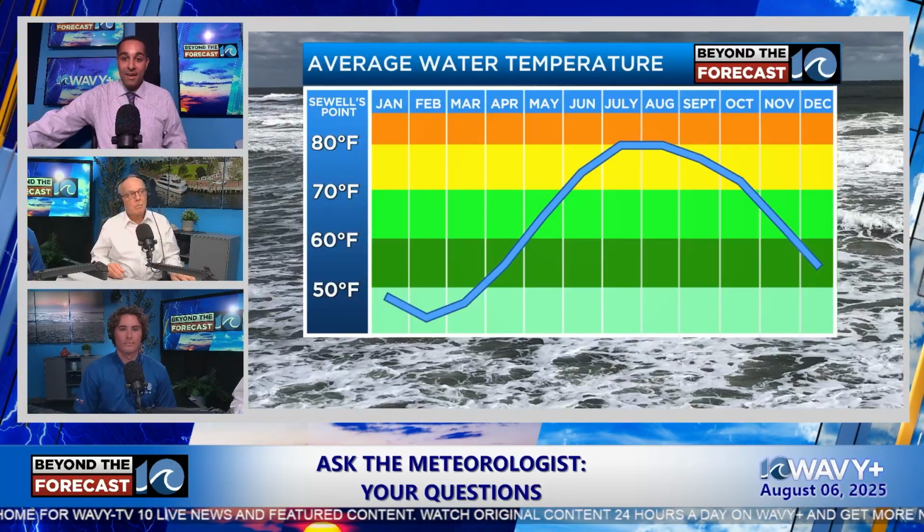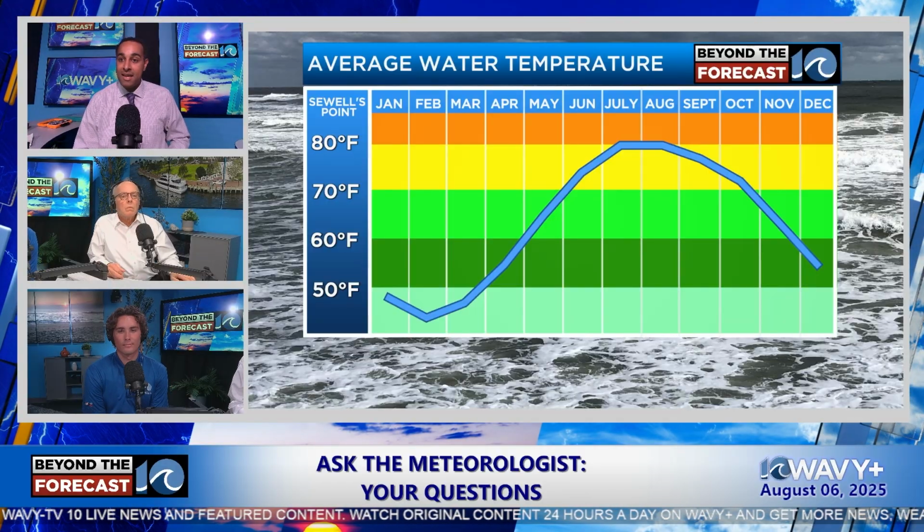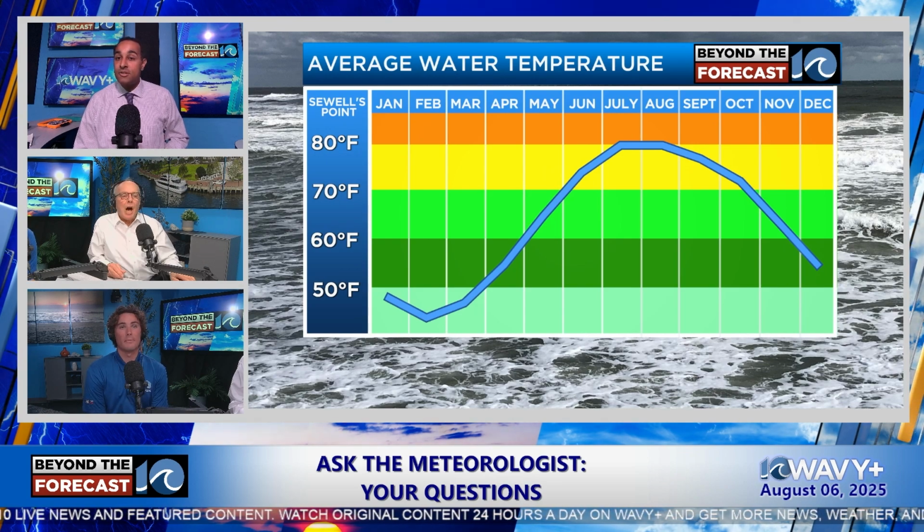I found a graphic here. This is looking at the average water temperature for the bay. This is not for the ocean. This is for the Chesapeake Bay, and it peaks on average at 80 degrees Fahrenheit. But it's been above 80 since, what, early June? Mid 80s, yes. It's also been,